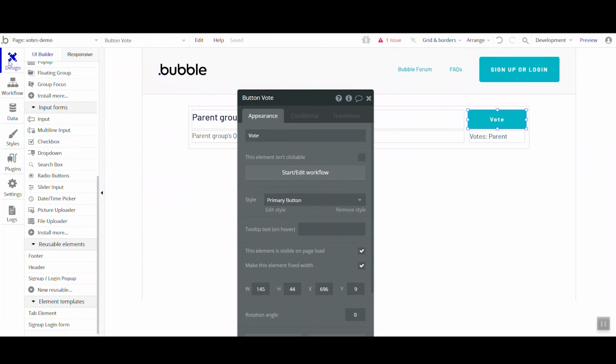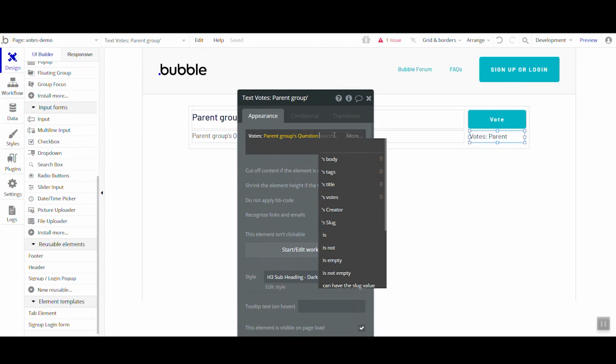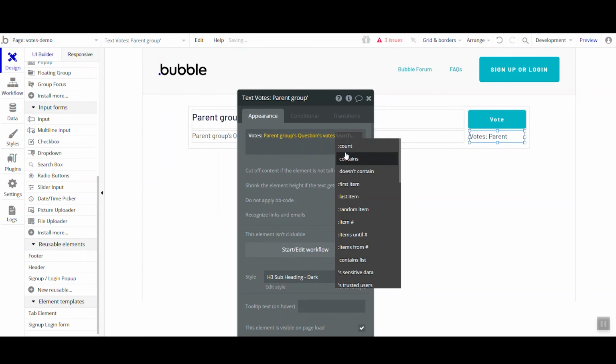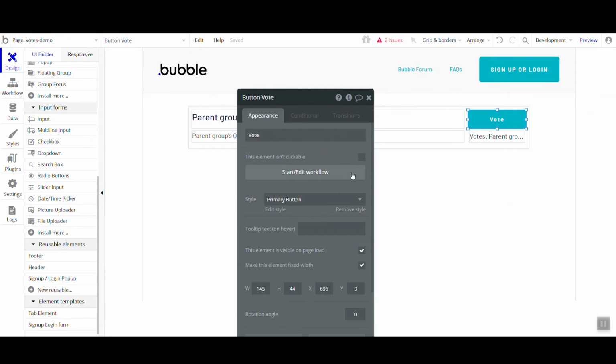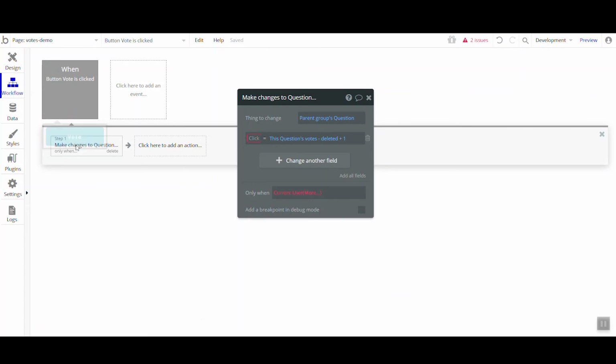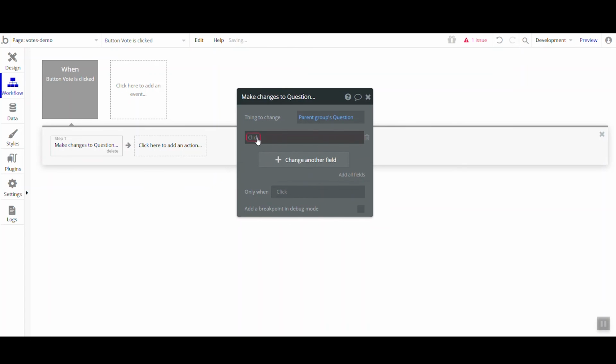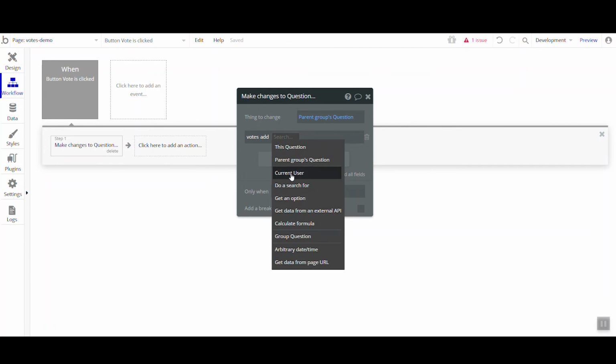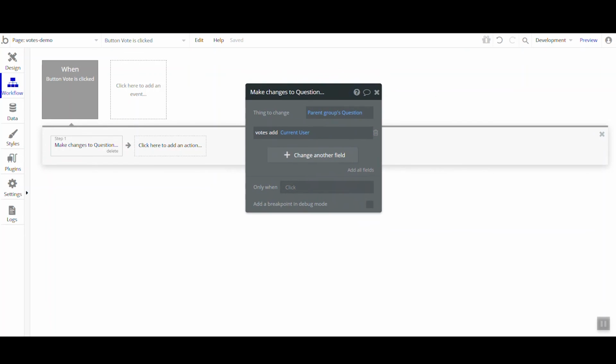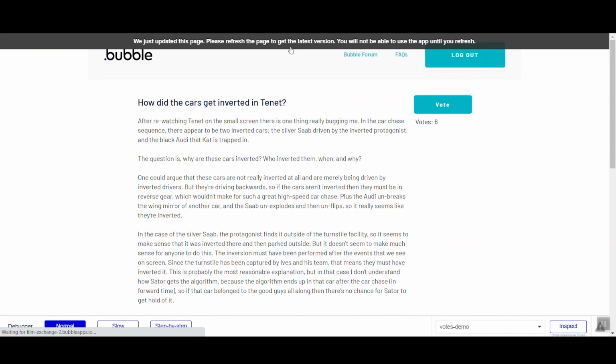And instead of now having just a list of votes, we actually count up the number of users that are in that list. And when we do this workflow now, we'll remove that. We can say votes, which is now a list of users, add the current user. All right? And if we preview that,